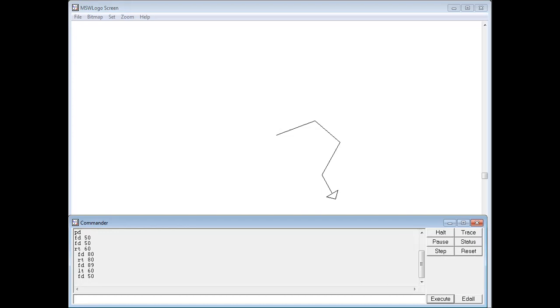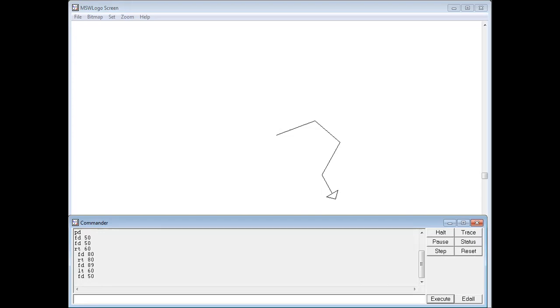The next command, students, is the repeat command. The function of the repeat command is that it repeats the commands a number of times, however many times we want.